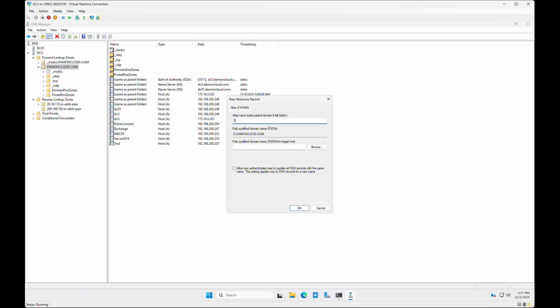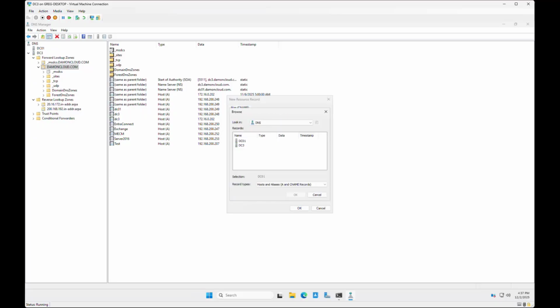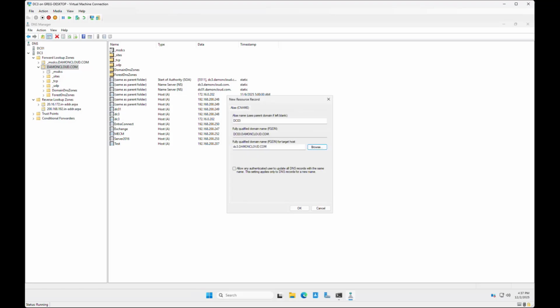I'm going to say, okay, the alias is DC03, and I could just browse to DC3, look through the zone and find DC3 as the host that it's going to point to as a CNAME, and boom, DC03 will point to DC3